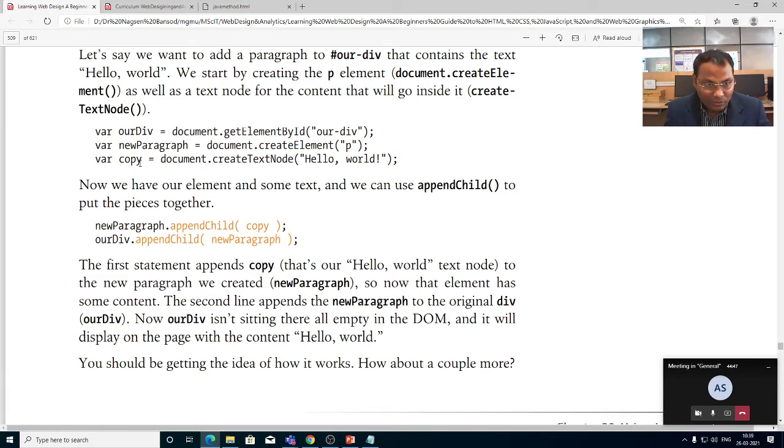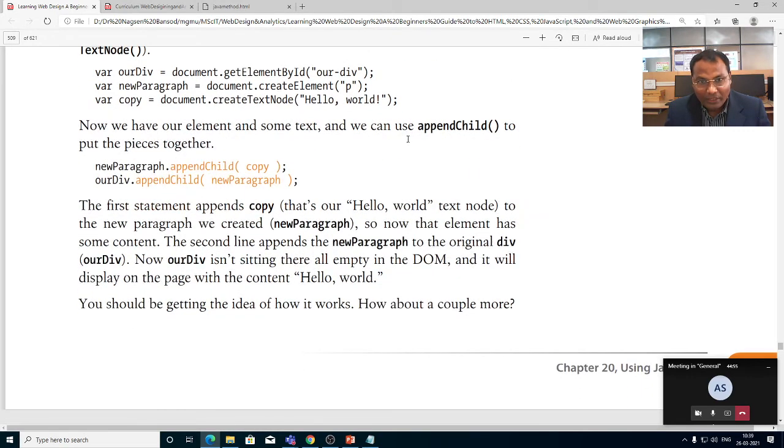Now we have an element and some text, and we can use appendChild to put the pieces together: newParagraph.appendChild(copy), and ourDiv.appendChild(newParagraph).